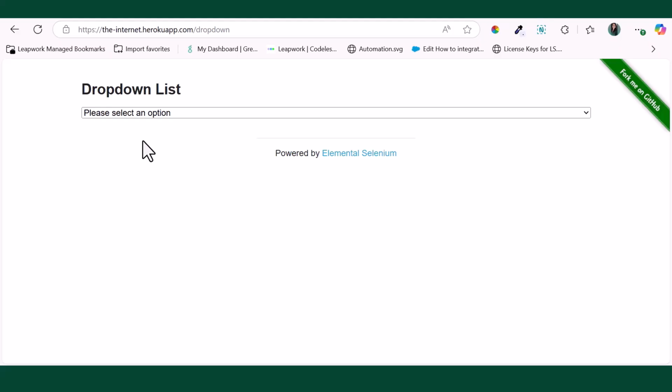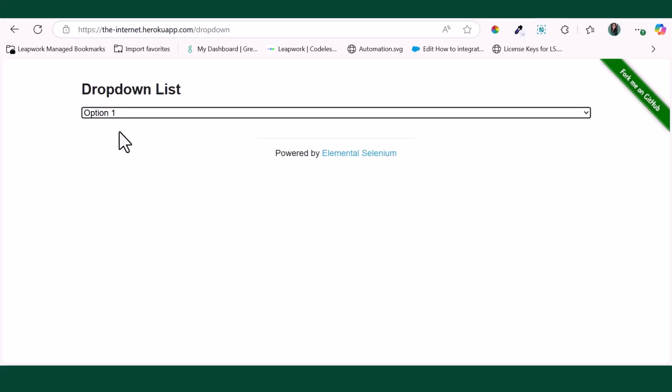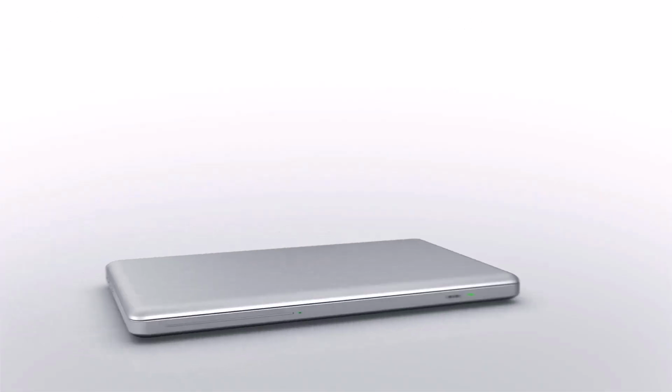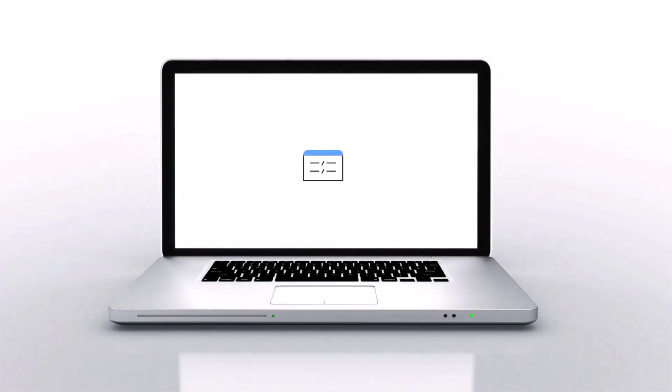In the previous video, you learned how to automate the process of handling dropdowns with the help of the Set Web Dropdown block and the ways to perform dropdown action and setting values. In this video, you will learn how to automate dynamic content on web pages, where elements change based on time,